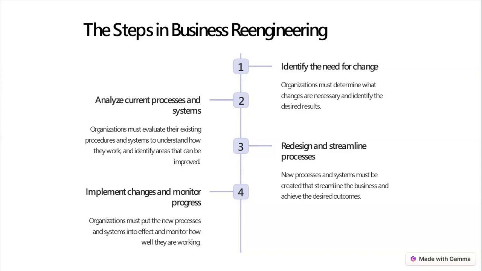The organization must evaluate the existing procedures and systems to understand how they work. So you have to go and write it down. Before you do the engineering, like in a case study, you have to analyze how this business is doing today. That means you have to check the case study, break it down on how it is doing, and develop it as it is today. We call it the as-is. That is how it is operating today.